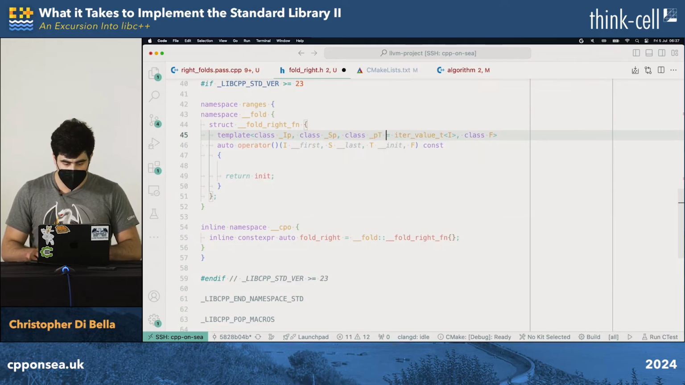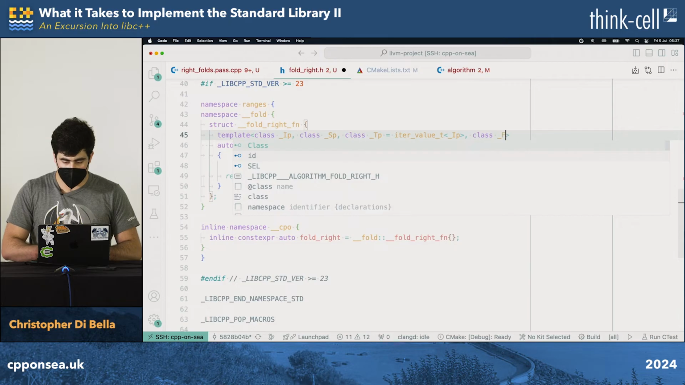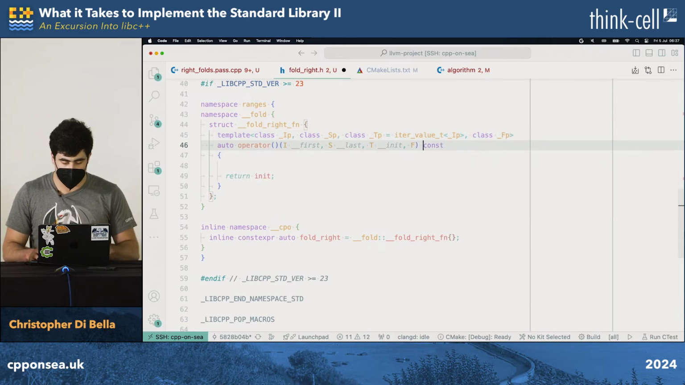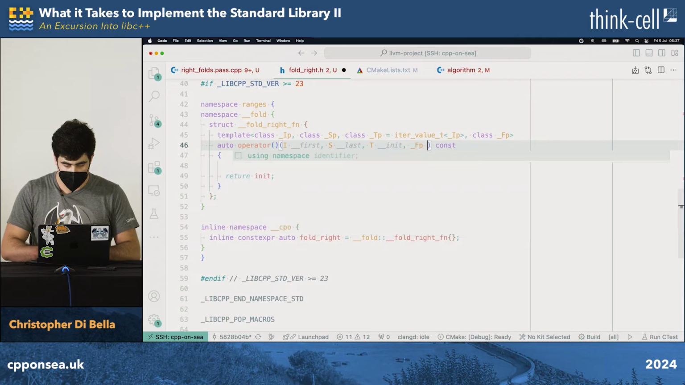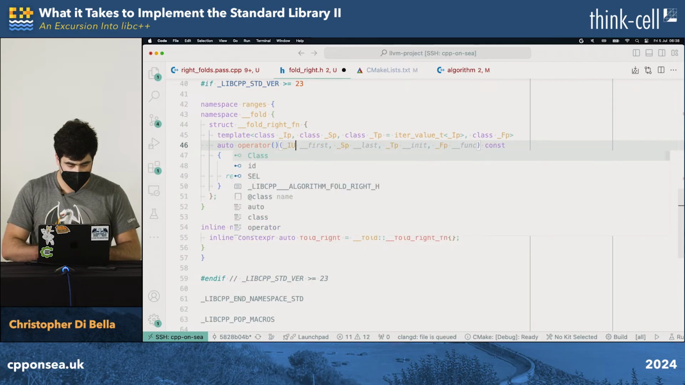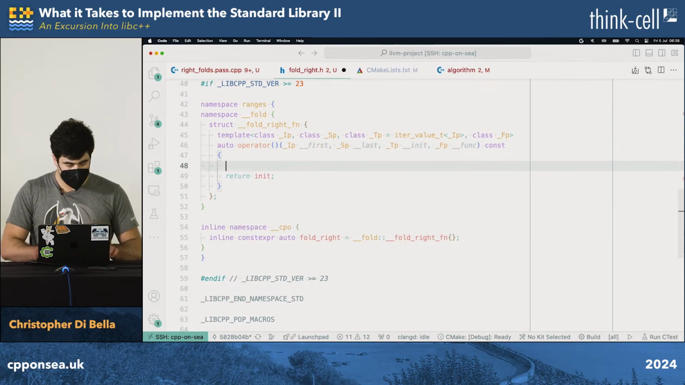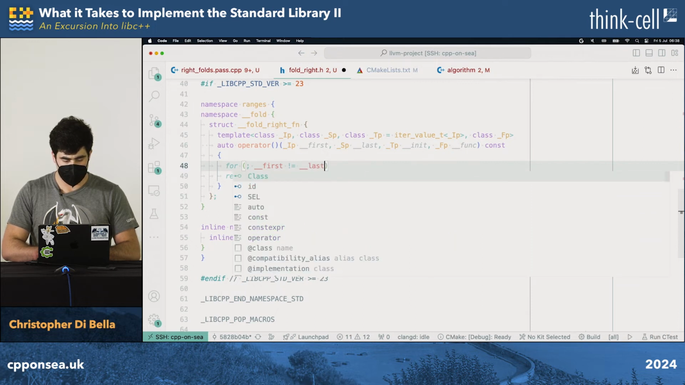So we typically keep these as f followed by p for parameter, and that will be func. So that one will be TP followed by SP followed by IP. So let's now just do a simple naive loop. First is not equal to last, followed by plus plus first,